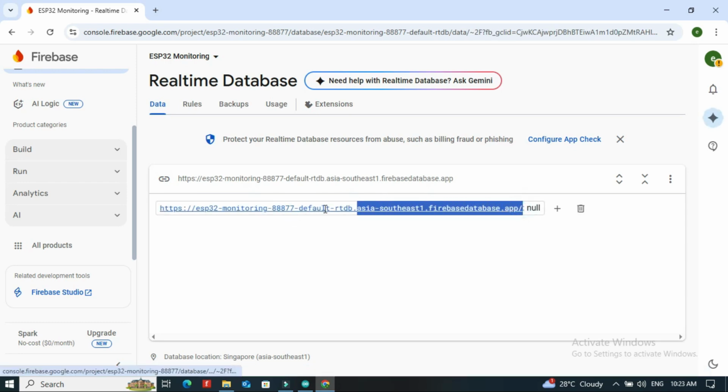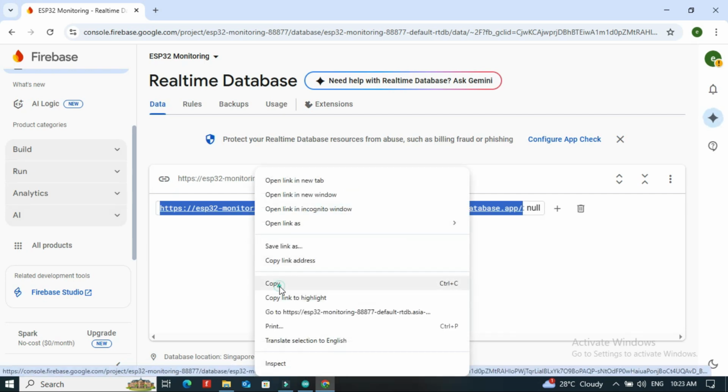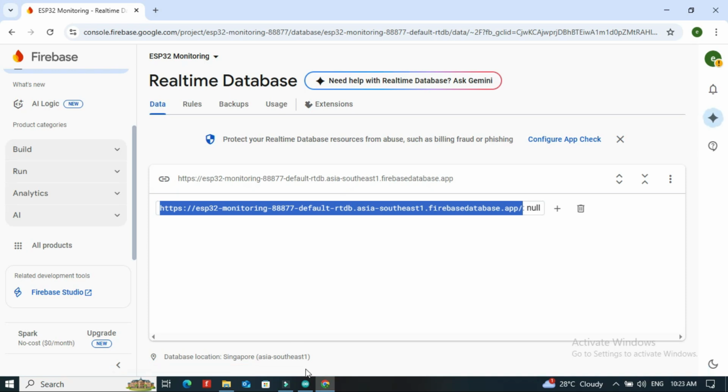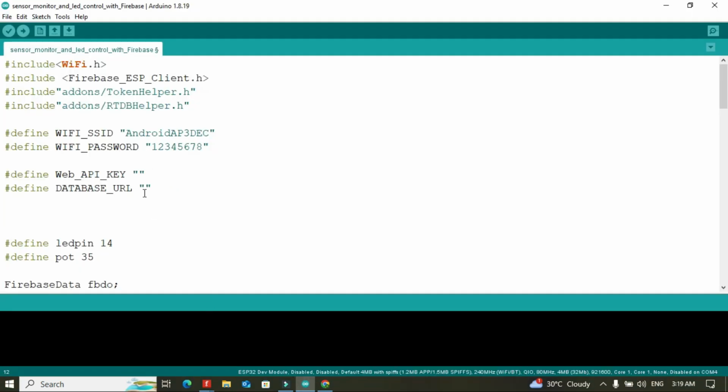Now copy the web URL and paste it in the code.